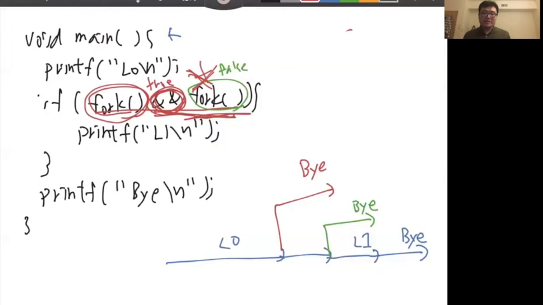Only the parent process, because it's true and something we still need to evaluate. So we go here to check the second fork. So only the parent generates another child process. The first child process won't generate any child process in this case. Okay, so this is an example that shows how many processes we created. In this case, we only have 3 processes in total for this program. Okay,